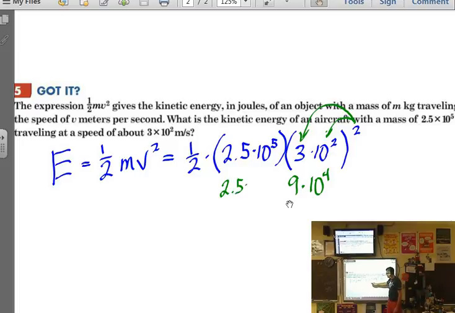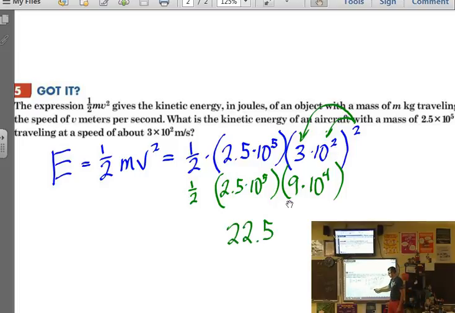My 2.5 times 10 to the 5th just drops down. 2.5 times 9, 18 plus another 4.5, 22.5 times 10 to the 9th